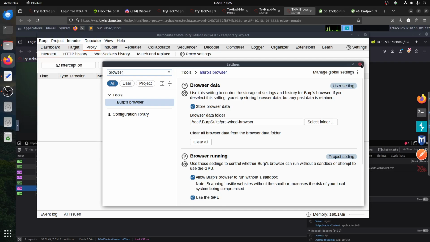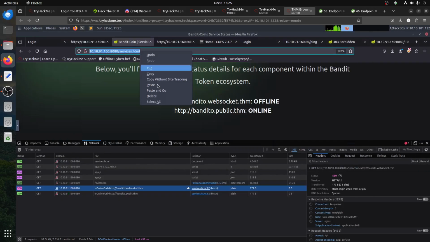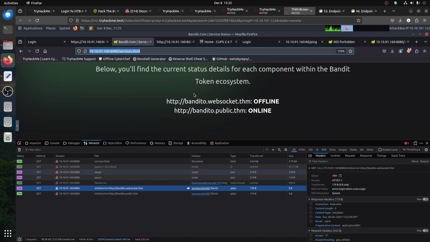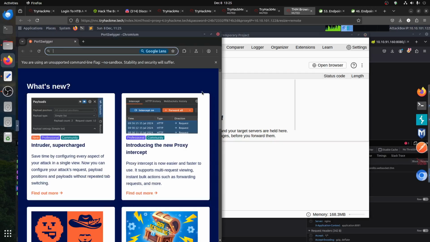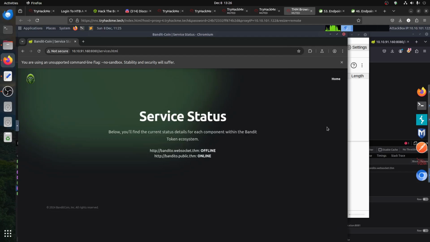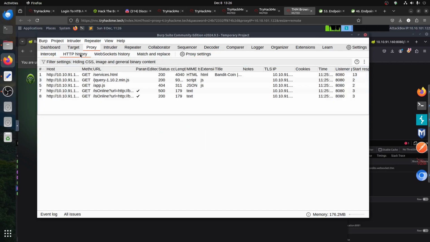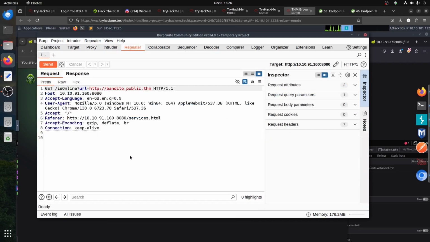I'm doing this. Now let's open the browser and then get this service, because there are a lot of endpoints here. I prefer to work with the web process, so we don't need too much storage when you use it straight from Firefox. Okay, now we got this. So let's go to HTTP history. Now we can find it easily. You can see it's calling, and then you call this request. So if I send this to repeater, and we do the trick of